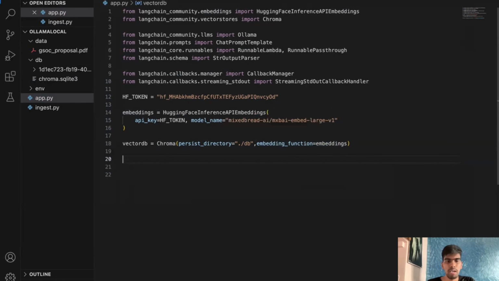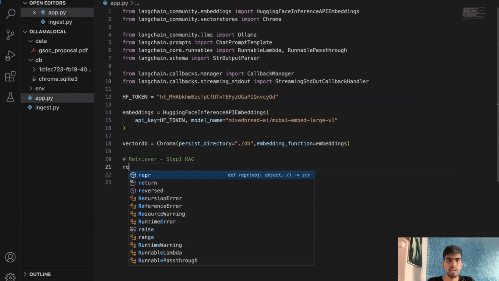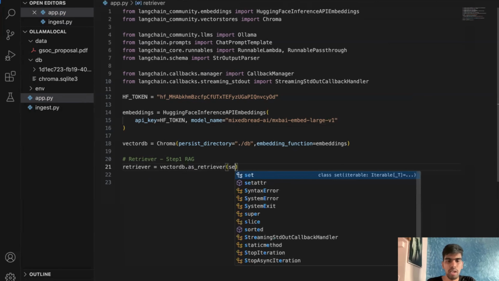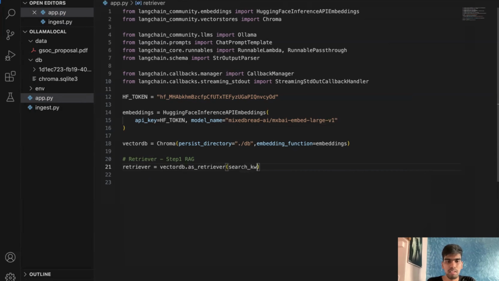Now comes the first part. The first part is your retriever in the RAG, step 1. So in order to use the retriever, you just have to create a variable retriever equals vector_db.as_retriever, and you can add a parameter which is search_kwargs, where my k should be